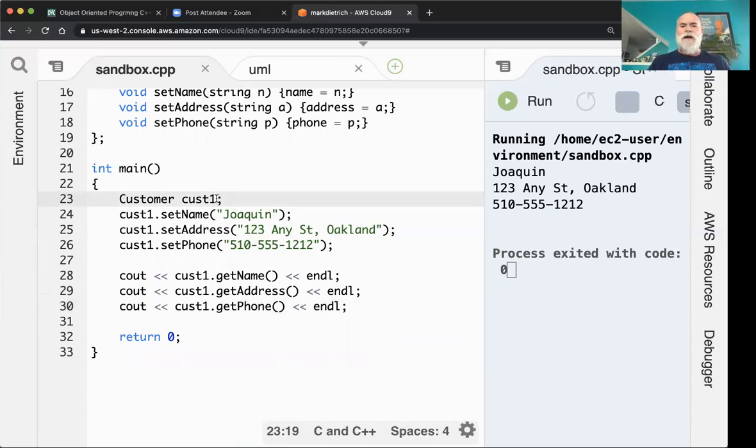But what a constructor is going to do for us, it's going to let us put in some data elements right here between these parentheses. So we don't have to do direct assignments. As soon as we create the object, it's going to then populate the private member variables with those data. But that is for our next